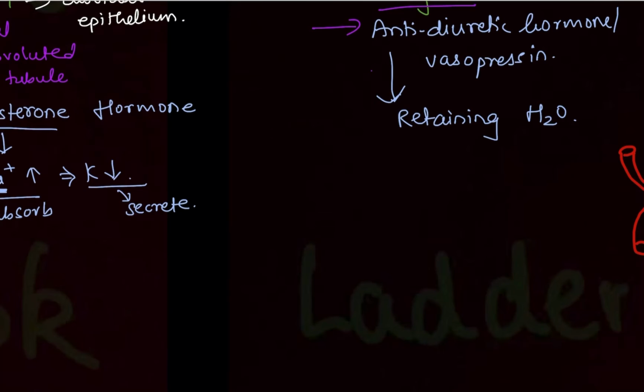Diluted urine is where there is a lot of water. It helps in retaining H2O. Just remember this about antidiuretic hormone. This antidiuretic hormone mostly works when you are feeling very thirsty. When you're feeling very thirsty, that means what? The body will try to get the maximum amount of water and keep it in your body rather than letting it go with the urine, right?